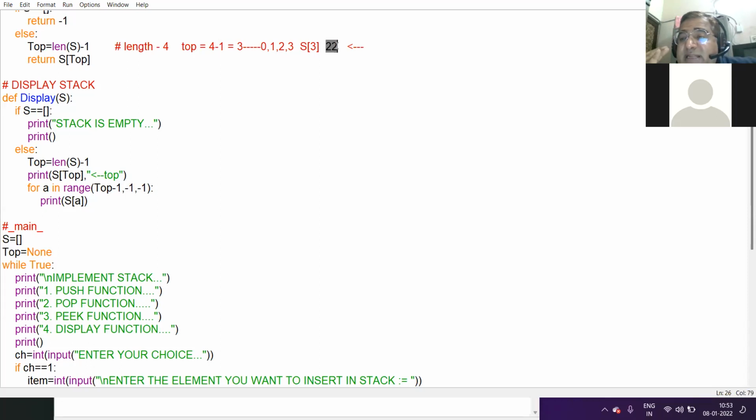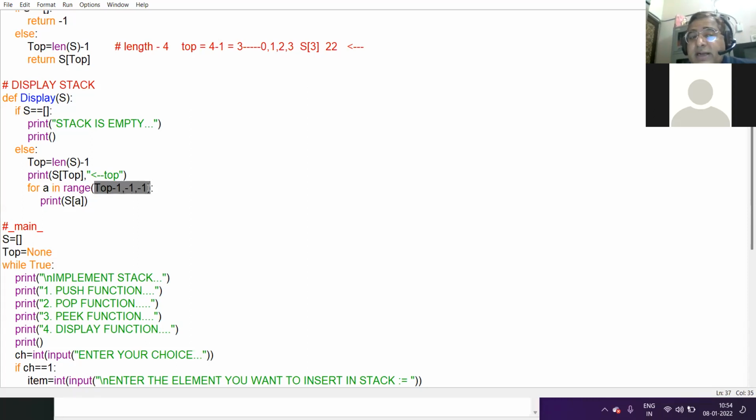Because stack is based on the LIFO technique, last in first out. जो सबसे लास्ट में इंसर्ट हुआ है सबसे पहले वो डिलीट होगा, right? Clear? Then you take the for loop and in the reverse order you print your stack.